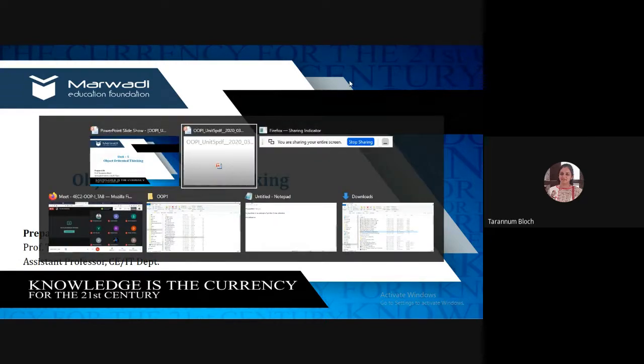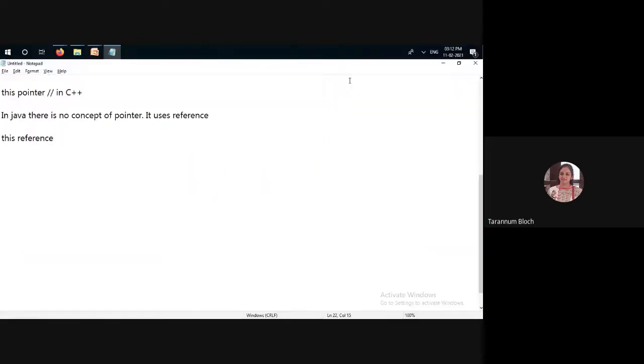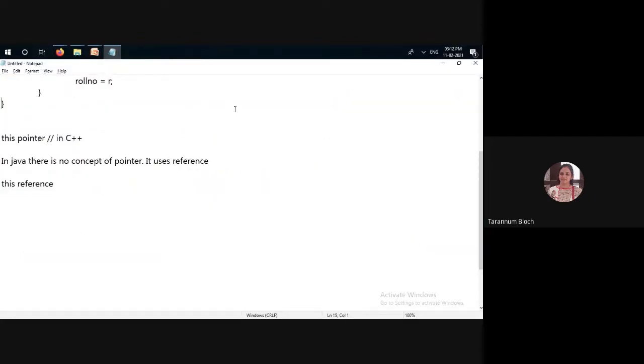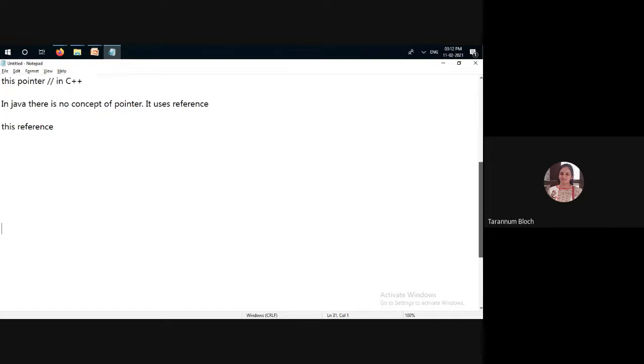Now, the first question which should come to your mind is why we are using object oriented thinking. Fine. So, if you talk about object oriented programming, what is object oriented programming? Do you know that object orientation is a way of developing the product? Fine. So we call it object orientation.